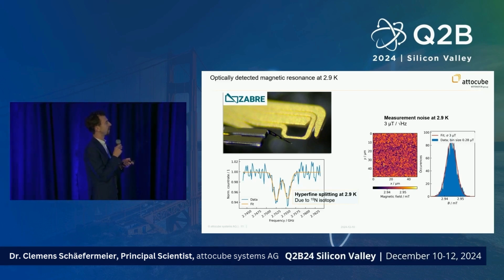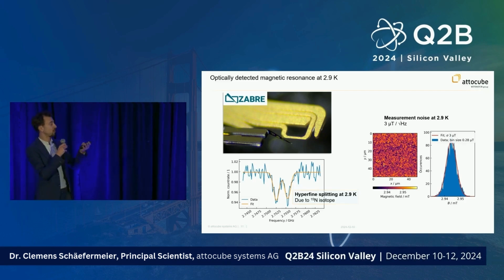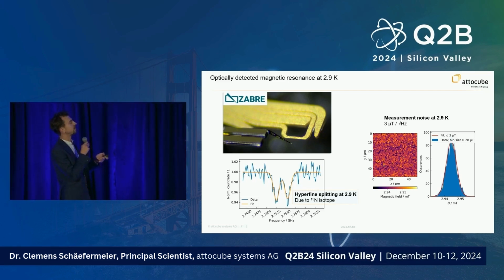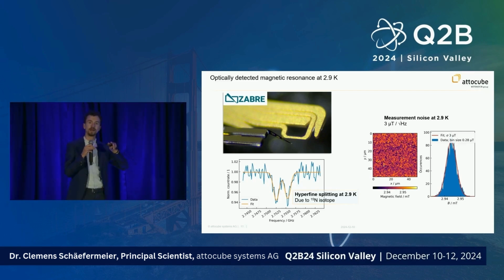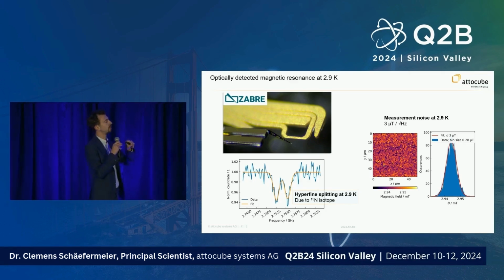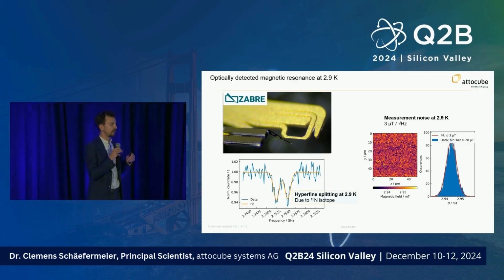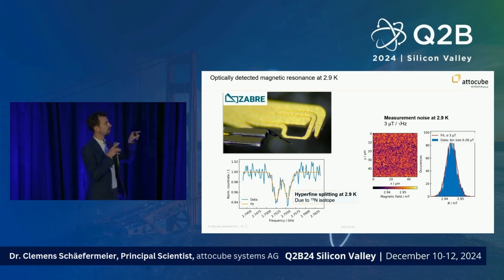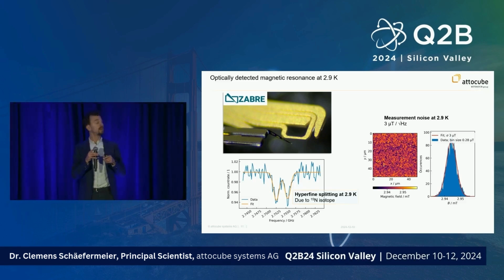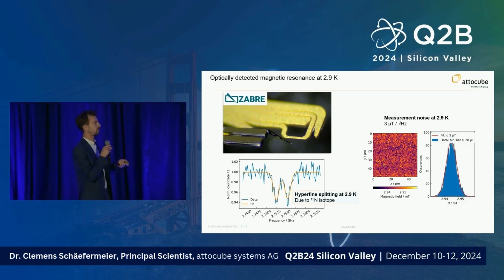So the diamond pedestal, and inside the diamond you have the NV center, is hanging on this prong here, and that's a tuning fork, which provides you with the fact that you can use it as an AFM. This large object here in the background, that's the microwave antenna, and both tuning fork and microwave antenna are fixed on one PCB. So that enables us to be alignment free. So you don't need to align your microwave antenna to the NV center, and that's a huge benefit, especially when you work at different temperatures.